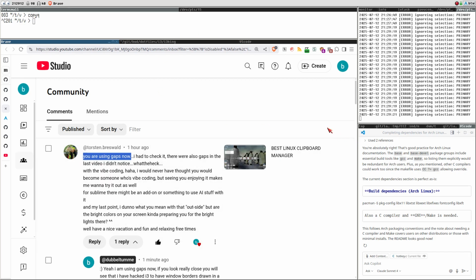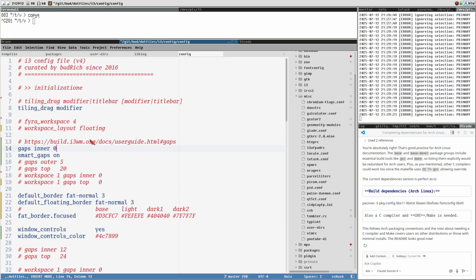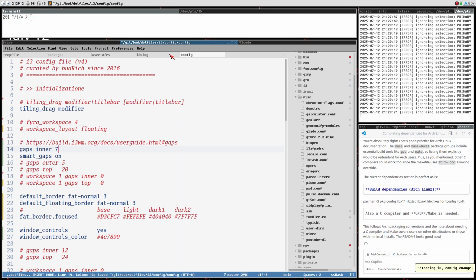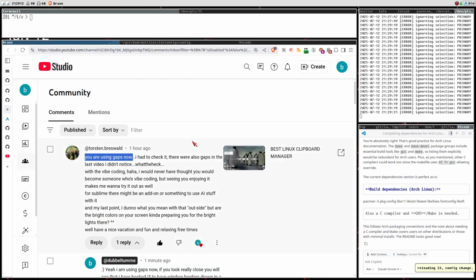And as you can see, I don't use gaps because I forgot to enable them again, because I actually had them enabled just minutes ago. So if we enable the gaps again here, now this is how my setup looked in the video, and what I have been using for the last couple of months actually. I have been using gaps, which is a controversial thing in the Bud Lab universe,